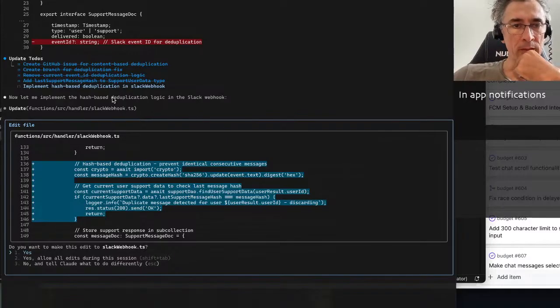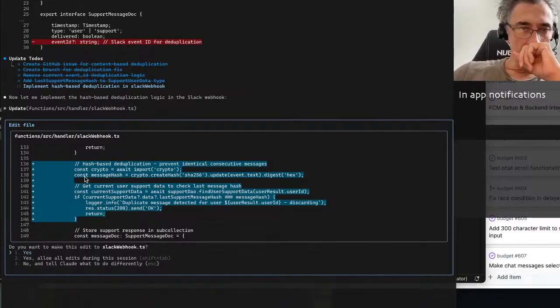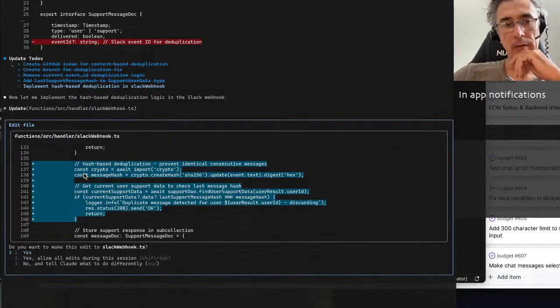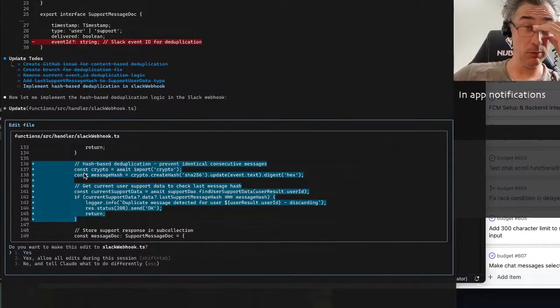Now let me implement the hash deduplication logic. Okay. So an import in the middle of the file is not what I normally see. I also normally don't see imports without... wait, so I'm not sure about that. But